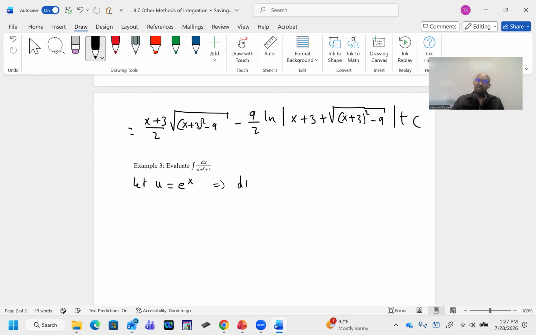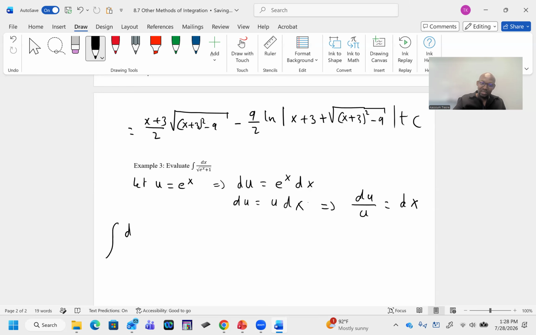Then we can see du will be equal to what? e^x dx. We know u is e to the power of x, so du is equal to u times dx. We are trying to substitute dx, so from here we know du over u is what will give us dx. By doing this substitution, we can see we will have